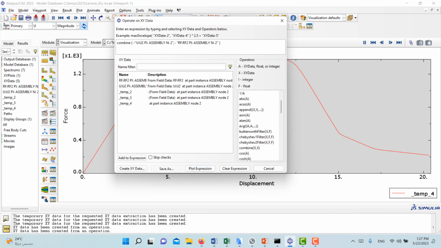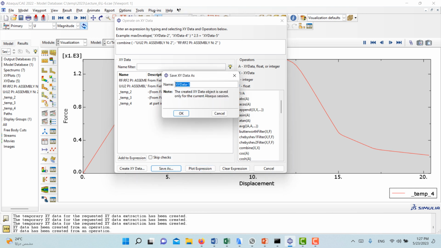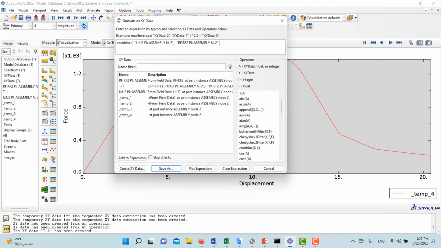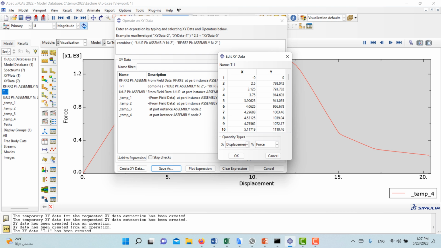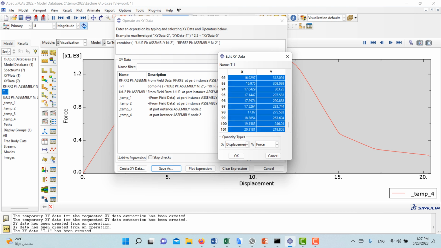Next step, we go to save as one more time. Let us name this data in this option. It could be test 1, and write OK. Go here, you will find under the XY data option T1, right click, edit, and collect all the data which you have here. The relationship, of course, is force versus displacement. So copy, go to